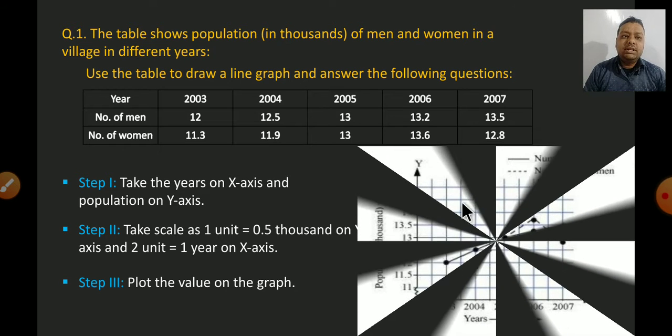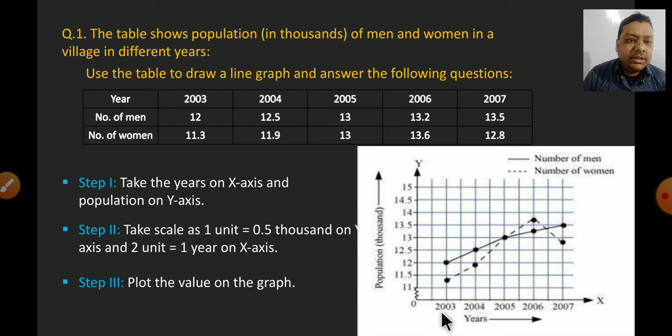So you can see this graph. I have drawn it. Time in years is on the x-axis: 2003, 4, 5, 6, 7. The y-axis shows population from 0 to 11,000 directly, then 11, 11.5, 12, 12.5, 13, 13.5, 14, 14.5 and 15. Now the real line shows the number of men and the imaginary line shows the number of women, and we have plotted all the values.